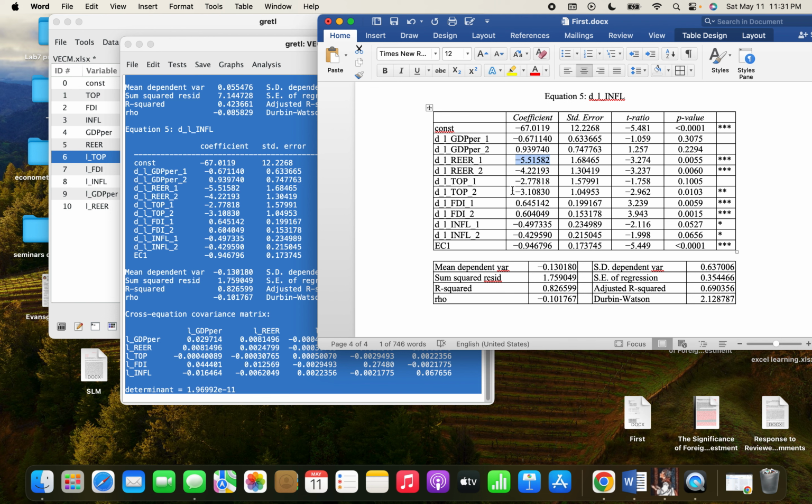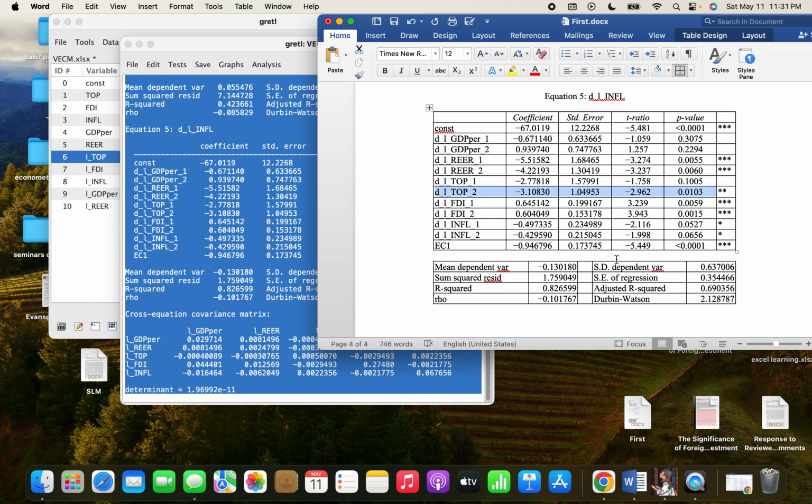And also look at trade openness. Here, at lag 1 it is not significant, but lag 2 shows that it is significant and it has a negative relationship or a negative impact on